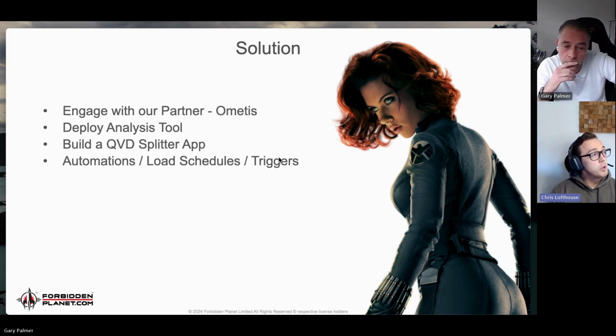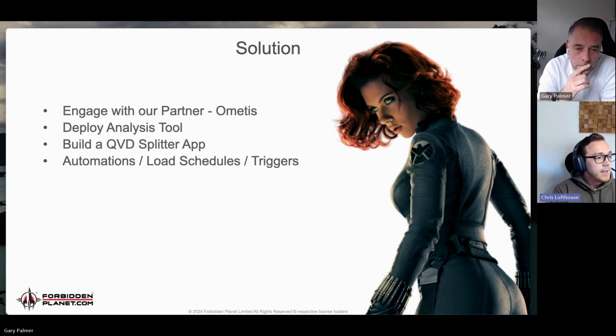Just quickly before we move on, it's worth mentioning that you've chosen to stay on the user model. There is a capacity model for people looking at Qlik Cloud Analytics, which changes some of those thresholds as well. On capacity, you get up to 10 gigabytes in-memory app allowance per app. So if you do have larger apps, that could certainly help. You've also got large app support, which is fair to say is not cheap. Obviously it consumes a lot of CPU, and we did have that conversation as well.